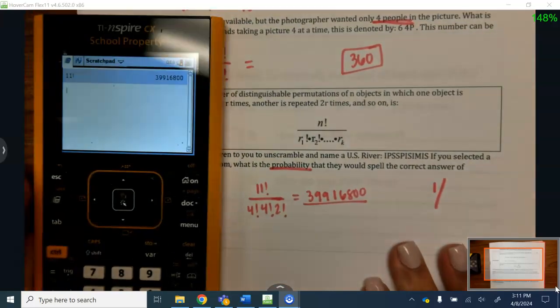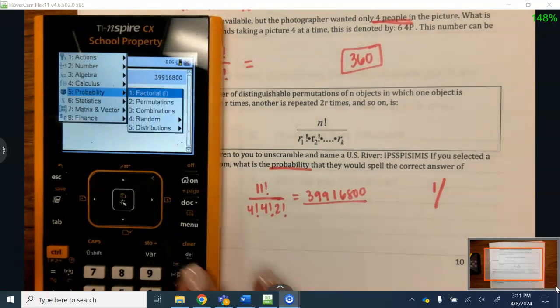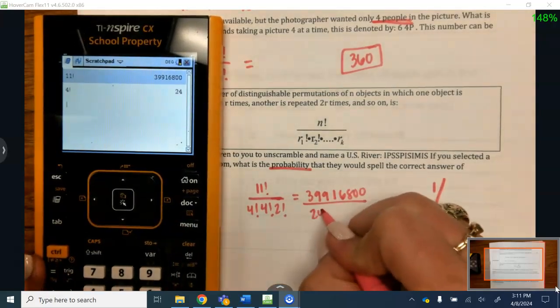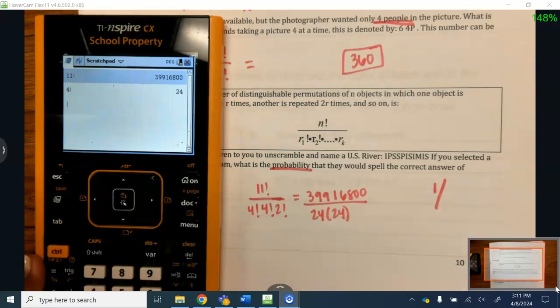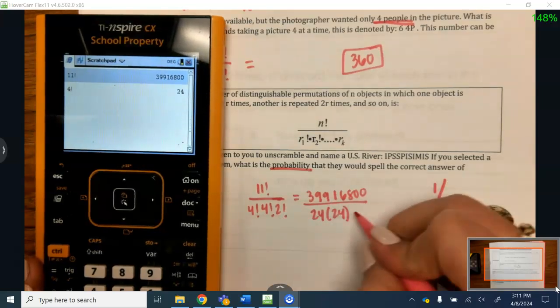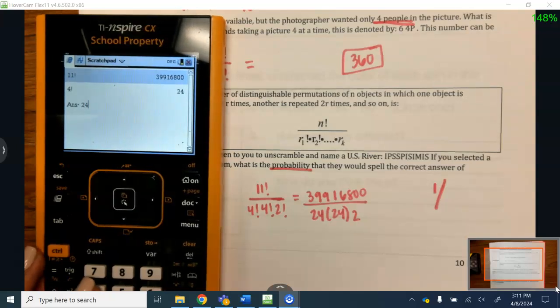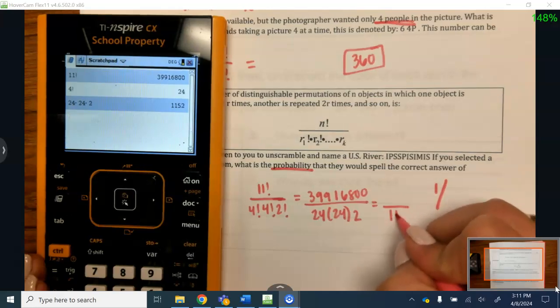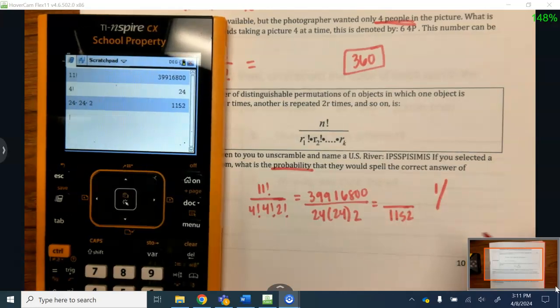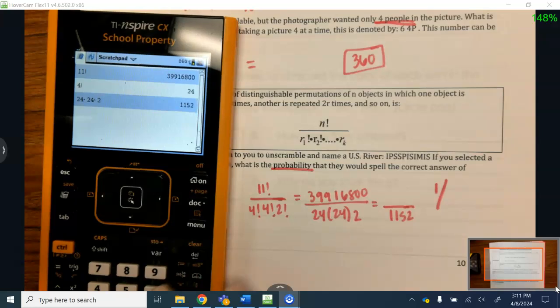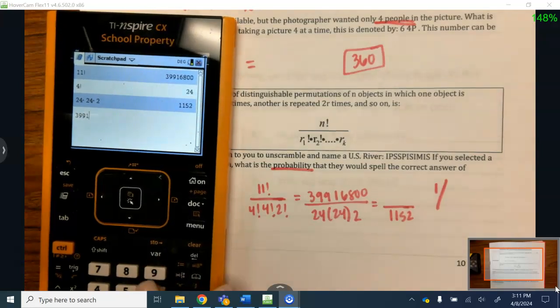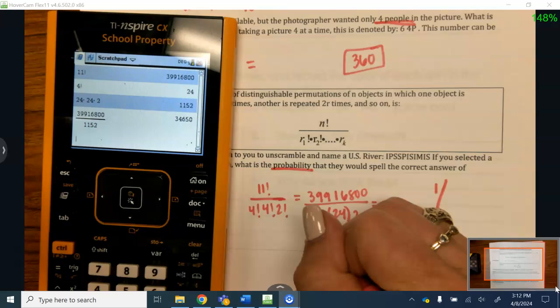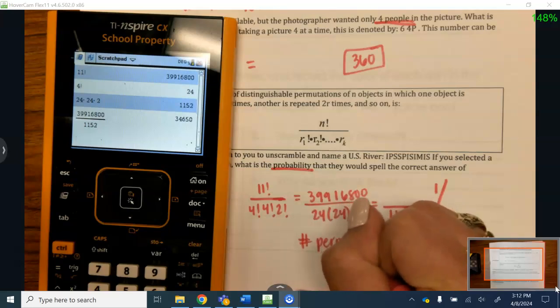Okay. Let's do 4 factorial. 4, menu 5, 1. 24 times 24, that repeats. And then 2 factorial is just 2. So 24 times 24 times 2. So my denominator is equal to 1152. Okay. So if I simplify this, 39,916,800 divided by 1152, I actually get a whole number. Here is my number of permutations,